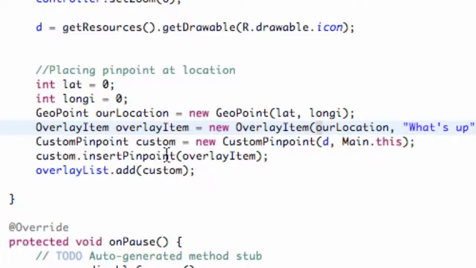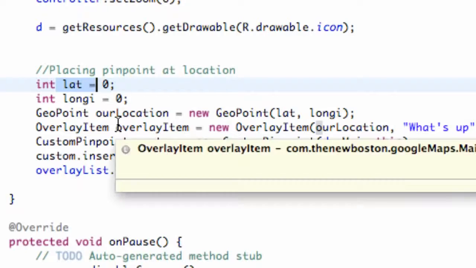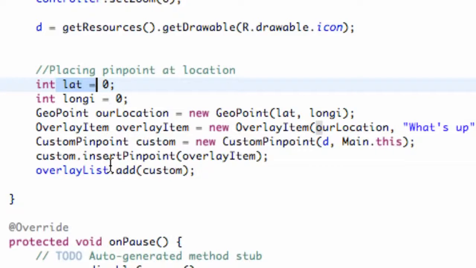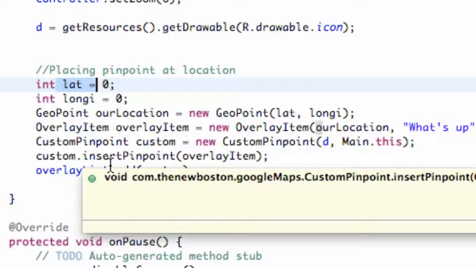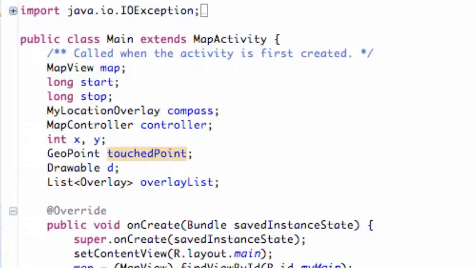So right now it's just going to draw again our pinpoint at location 0, but what we're going to do is change these longitude and latitude values to basically where the person is using this application, and we need to do that through a location listener. So that's going to, like I said, triangulate the position of the phone according to different towers and all that stuff. So we're going to go up to our activity, and we're going to let it implement a location listener. So we're going to say implements location listener,